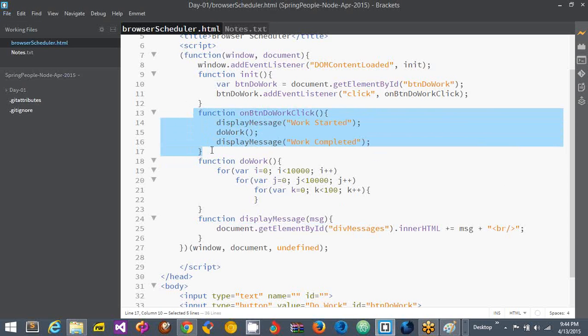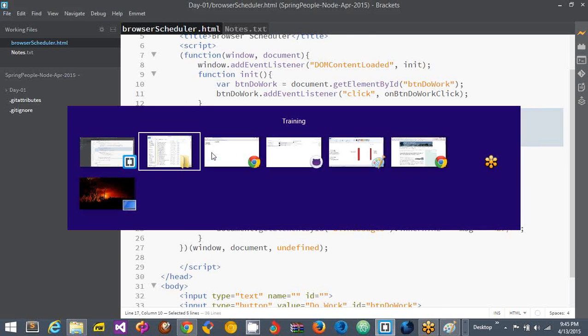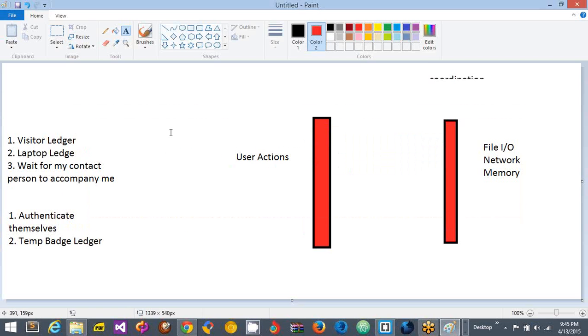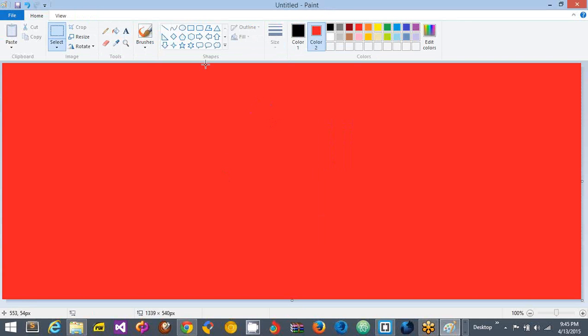Okay, so this is fine, but my question is, how does the browser remember to repaint the screen after this function is over? That is where the event queue comes into the picture. The way the Node runtime maintains an event loop, the browser maintains an event queue. The browser maintains an event queue, right? So what happens is when you execute it,